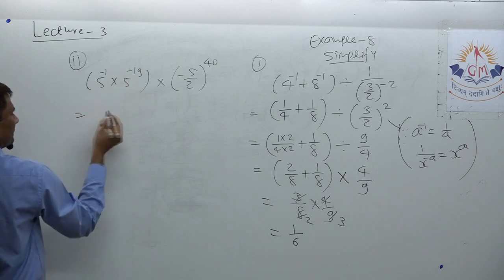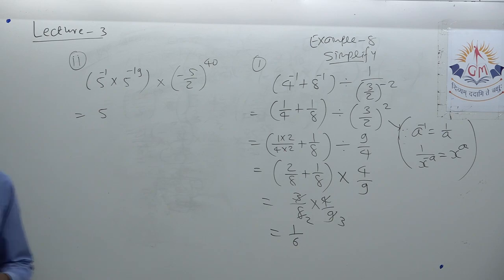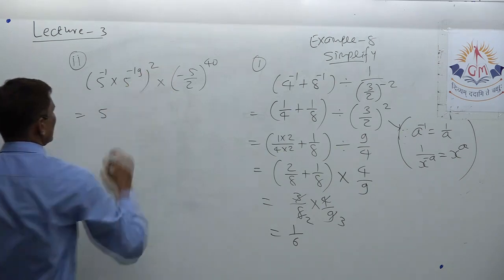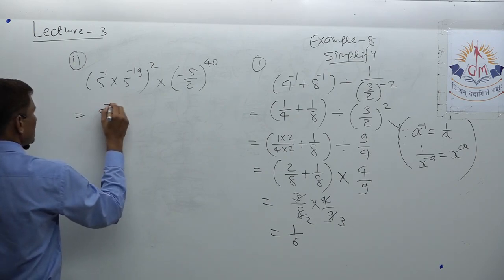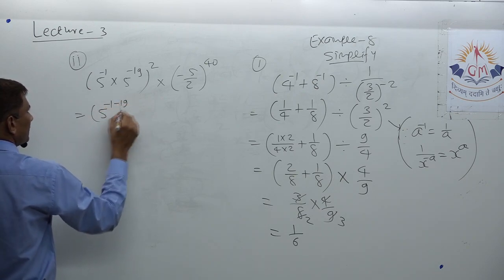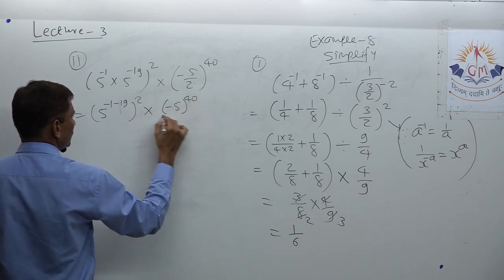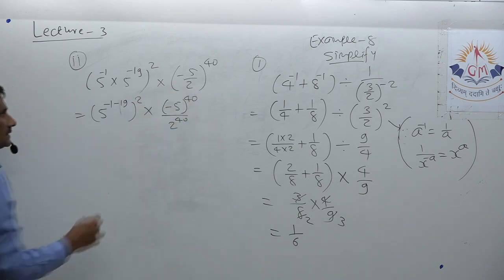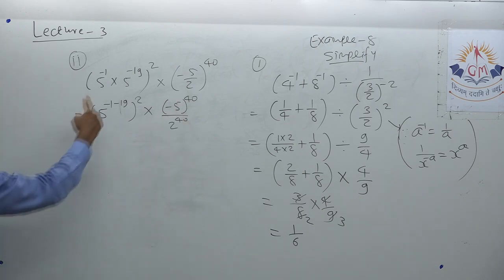Now what happens here? In between, a product sign is there and the bases are the same. So you can write something there. And here a square is also given, all raised to 2. So here minus 1, minus 19 square. It will be minus 5 raised to 40, 2 raised to 40. Okay, so the bracket is open, which means the exponent applies to both ones. Here minus 1